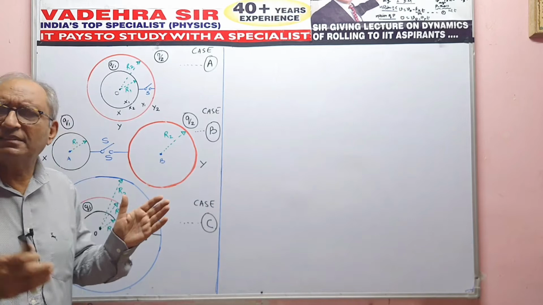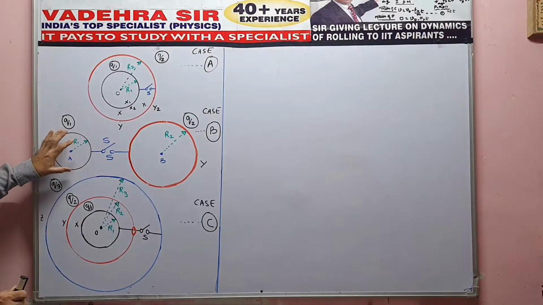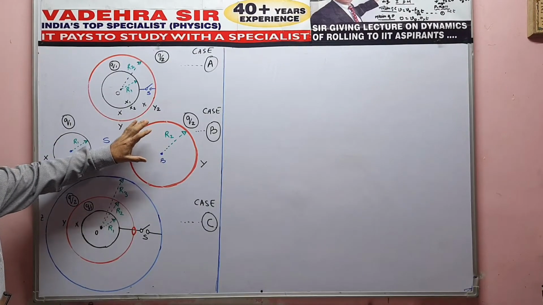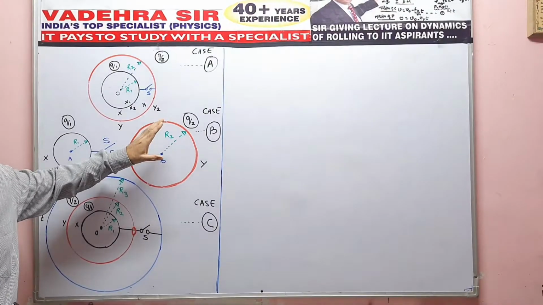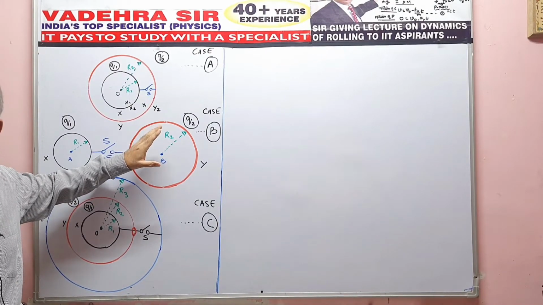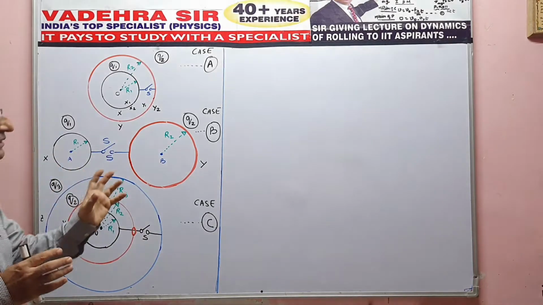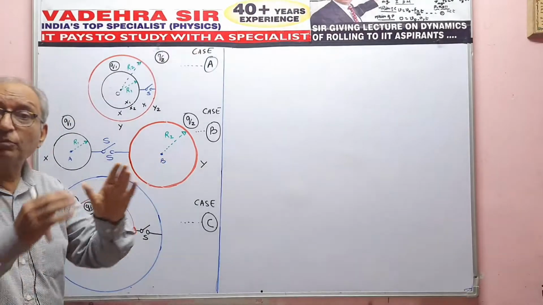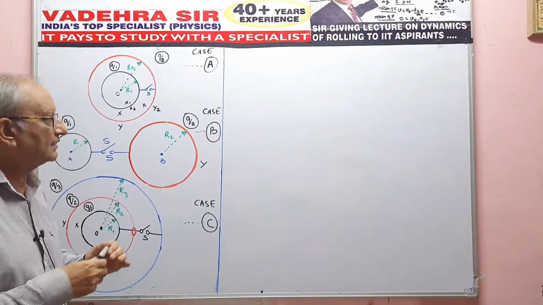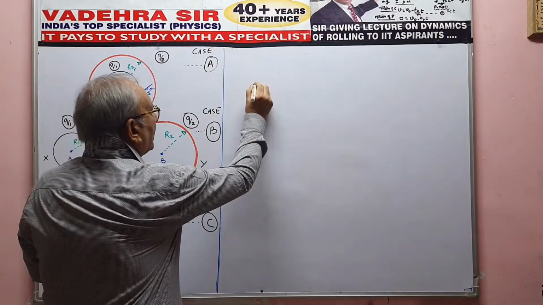the knowledge of capacitance? You all know this is a sphere of capacitance 4 pi epsilon naught R1. This is a larger metal sphere of radius R2, so its capacitance C2 is 4 pi epsilon naught R2. Then the total charge is Q1 plus Q2, which will be shared according to their capacities. So in the case of case B,